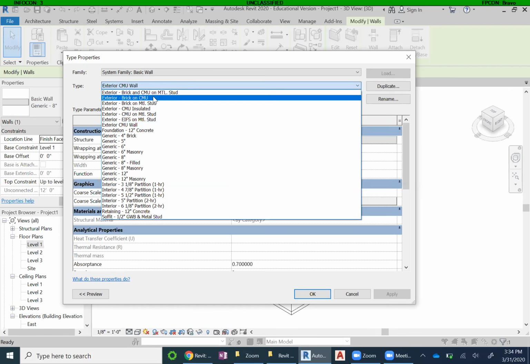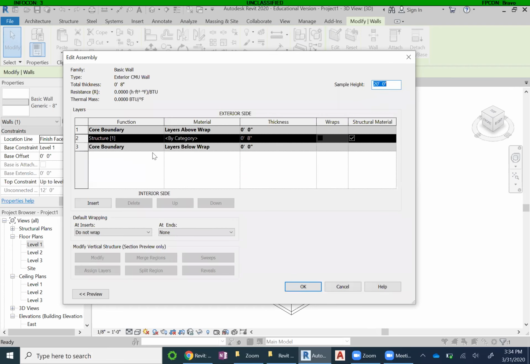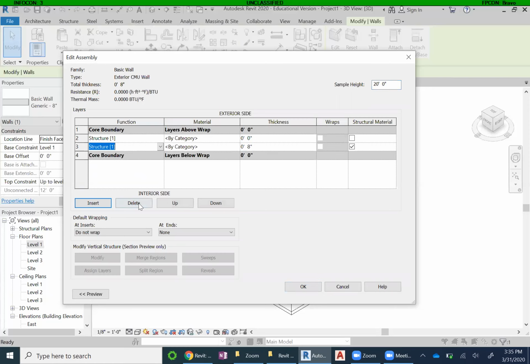But if you don't like any of these, you can edit the structure, and you edit the structure by going into edit, obviously, and you insert a number of different layers. So there always must be a layer between the cores, but you can actually insert layers above the core also. So this would be really the best way to think about it: this is the structural piece of your wall, and then this is the vapor barrier and the air barrier and the insulation and the drywall and